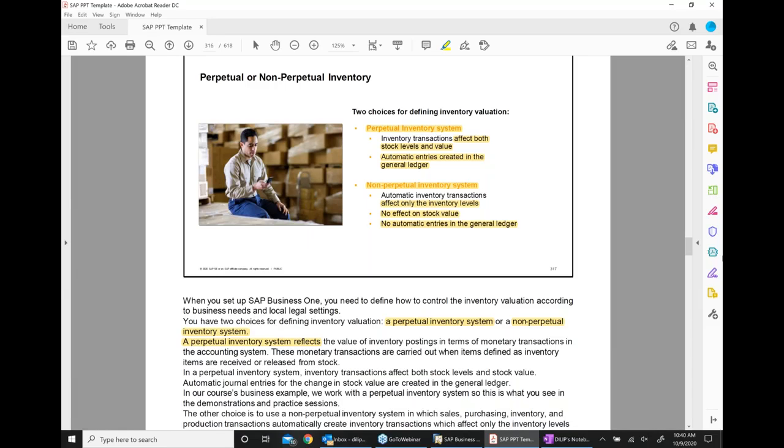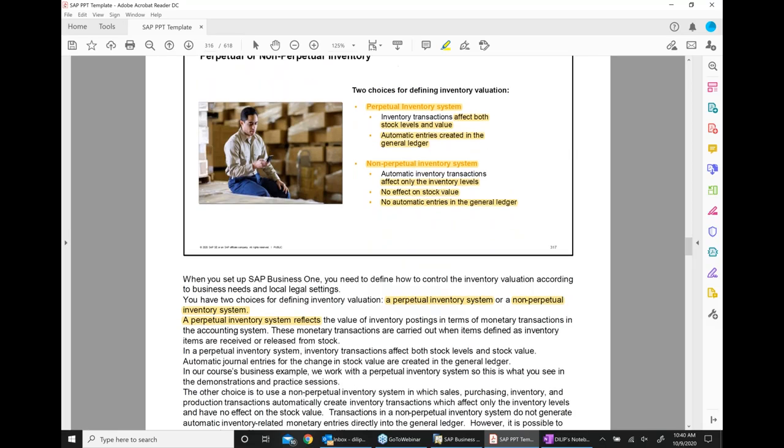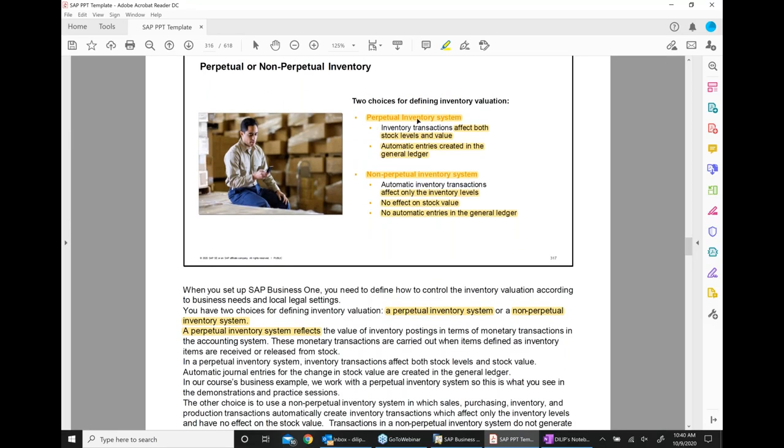Make a note of these two terms. So far, what we have used is what we call the perpetual inventory method. Perpetual, make a note of that term. And also, in the case of perpetual inventory method,